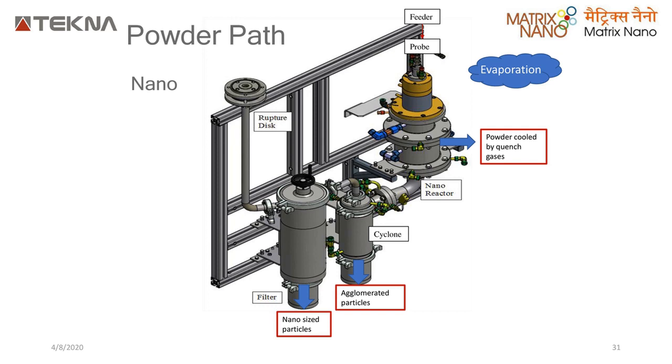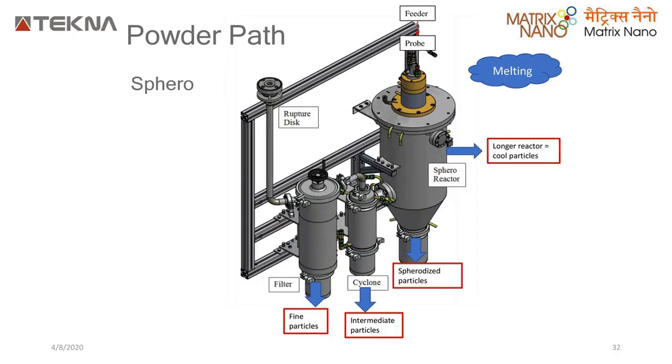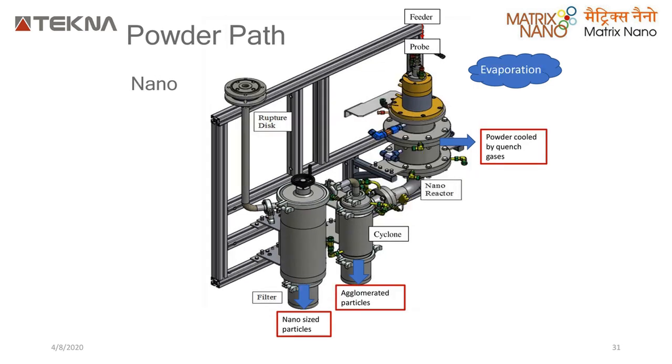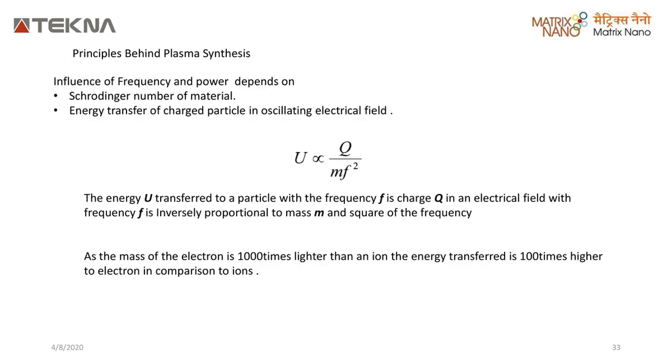You have a rupture disc on the top for safety. If a high pressure is created here, this rupture disc immediately breaks off on the top and your pressure is released. So you should be careful to keep this, to avoid reactor breakage and casualties at the same time. Now this is for spheroidization of material. It's the same thing, only at a very industrial scale, and it is used only for making spherical particles. But this one does not only make spherical particles, you can make tubes, spheroids, stars, anything of your choice on the same setup. And what is the actual principle behind plasma synthesis?